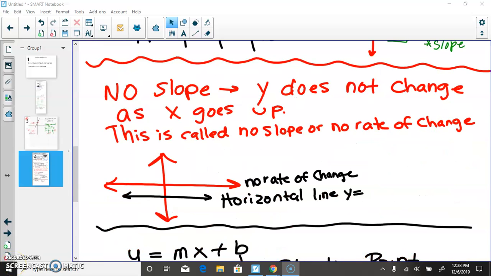No slope is y does not change as x goes up. This is called no slope or no rate of change. So if you had a table,